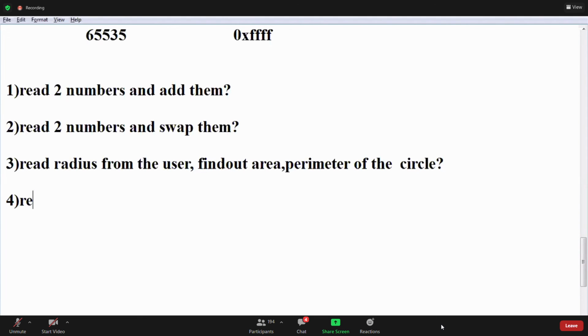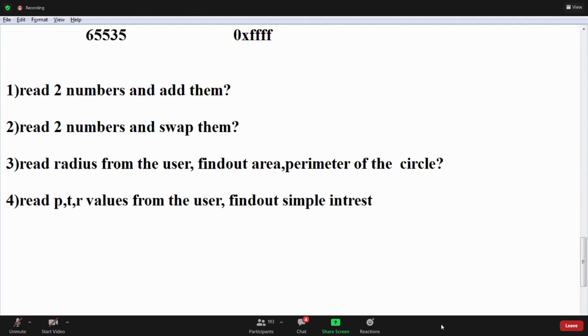Next, read principal, time and rate values from the user. Find out simple interest. Yeah, guys. Write these programs using pointers, guys.